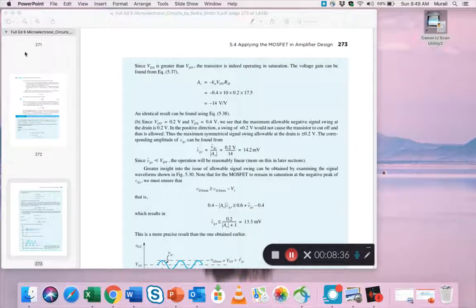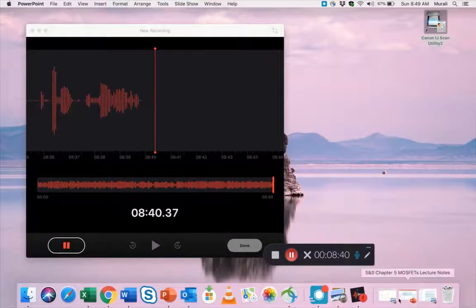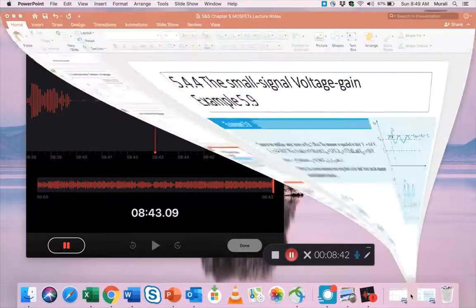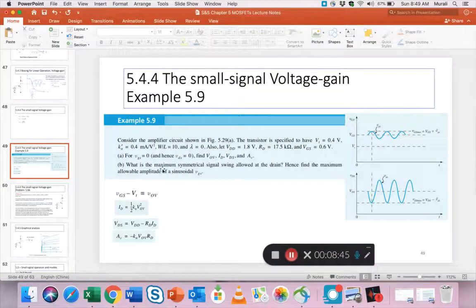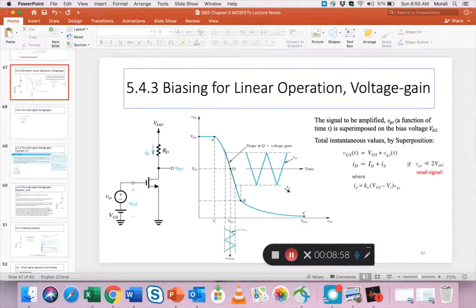Part B is where we get a little tricky. Part B, what is the maximum symmetrical signal swing allowed at the drain? Hence, find the maximum allowable amplitude of a sinusoidal VGS. So what this means basically is, first of all, he says, given that we know Q and we can guess at B, he hasn't told us to find B specifically, but kind of implied that you can figure out B. So if you know Q and B,